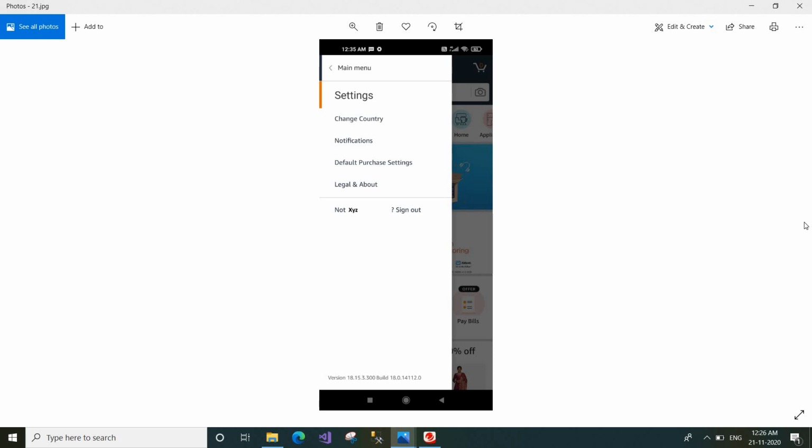This way you can create one user in your Amazon app or Amazon website using laptop, desktop, tab or mobile devices, and purchase anything you want, whichever is available in Amazon.